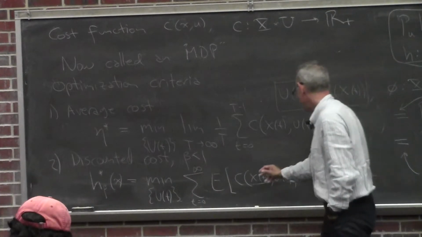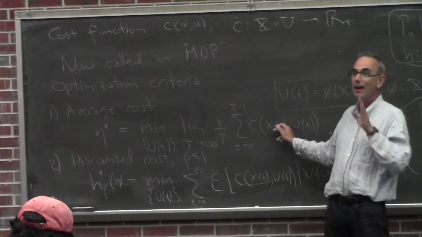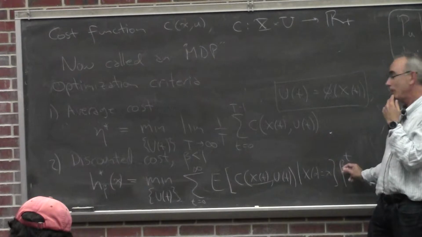Okay, so you look at the expected cost at time t. Here there was no expectation. I could have put it in, but I left it out for now. And then instead you have discounting